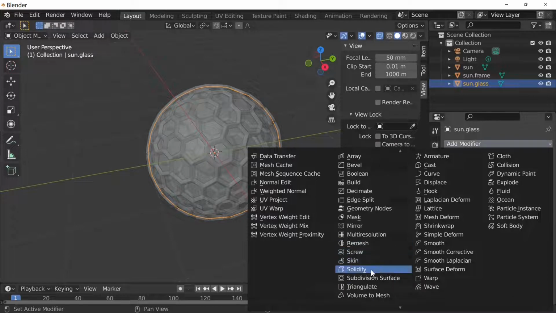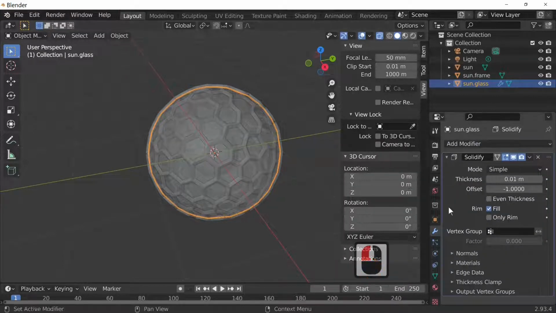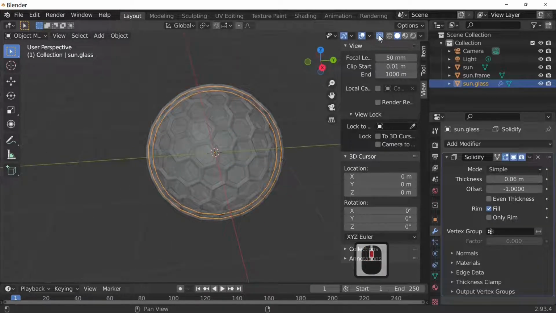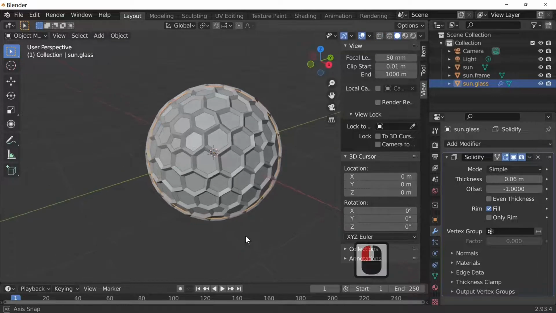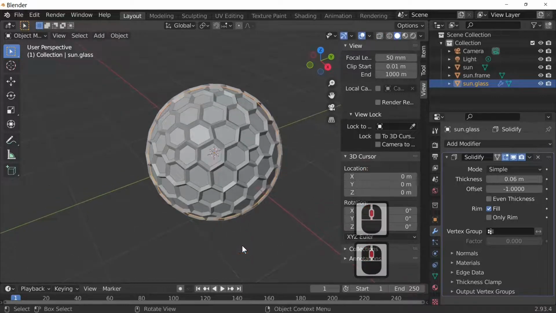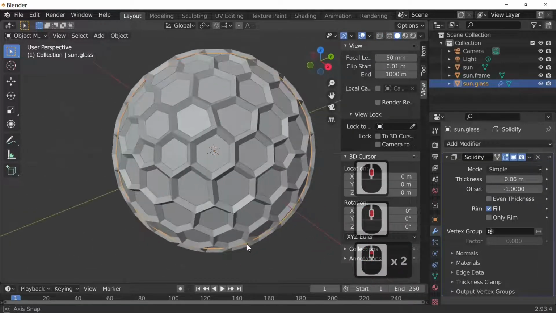I didn't really think about my mouse here, but we're going to actually hit the solidify button, and that fetches this up, and you just increase this to make it the thickness of your glass, whatever you wish your thickness of your glass to be. 0.06 looks about right. So back out of the actual X-ray mode, and we're about ready to actually start messing about with our sun now.